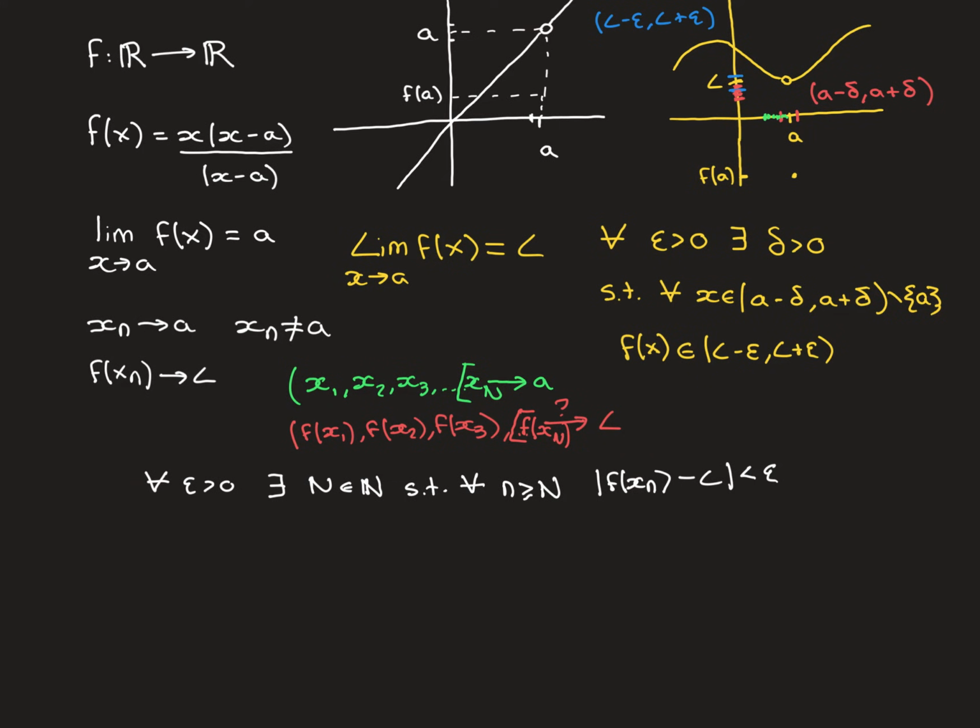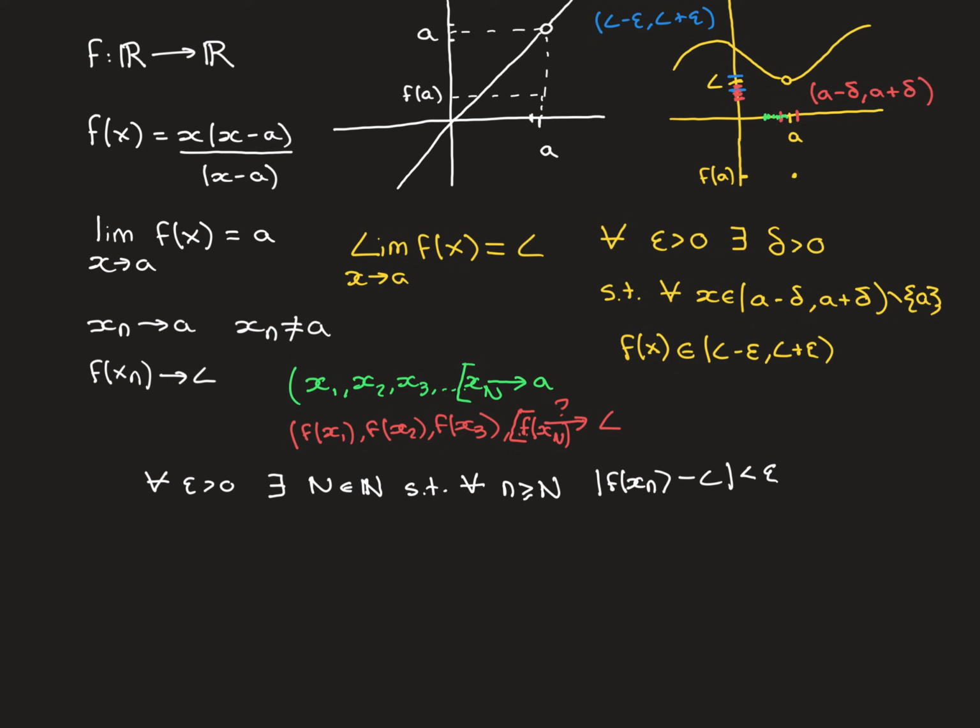So we can just use that delta as our epsilon, so there will exist a big N in this sequence, a big nth term, such that that term and all the terms beyond it are then inside that delta interval around A. You can then use that big N as the big N you need here, because if we look at its corresponding term in the image sequence, f of x big N, that must be inside that epsilon interval, because x big N was inside the delta interval around A, and by the epsilon-delta definition, that was the delta interval that is mapped entirely into this epsilon interval around L.